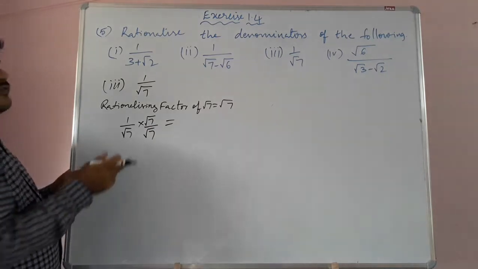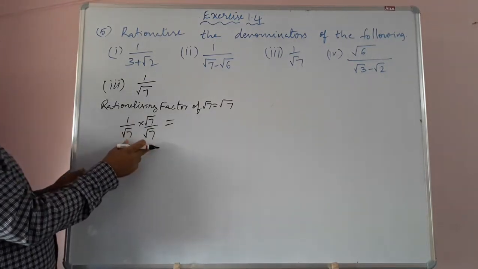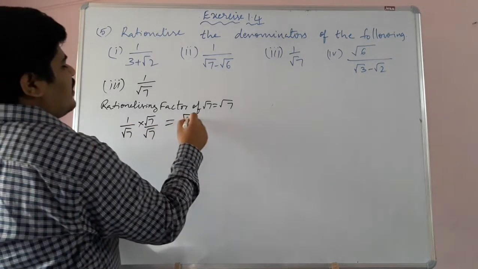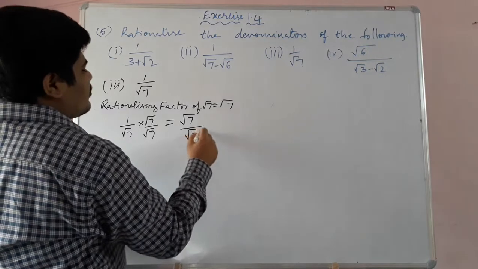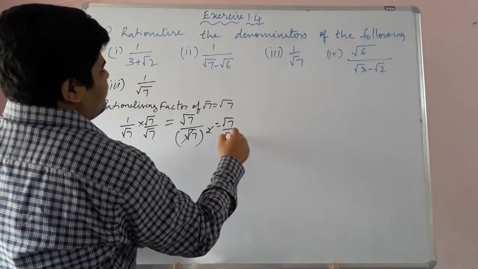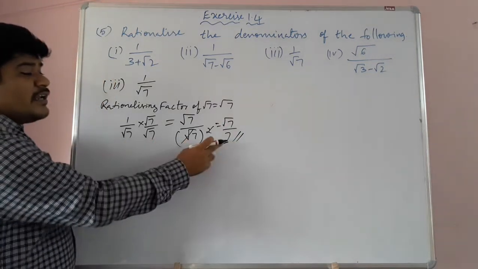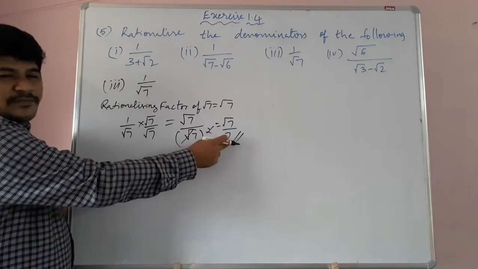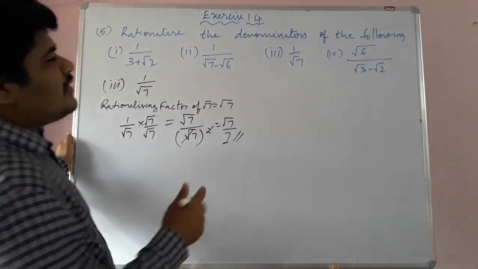So students, what will we do here? Numerator into numerator by denominator into denominator. So 1 into root 7 is what? Root 7. By root 7 into root 7? Root 7 square. So square root cancelled, root 7 by 7 we got. And if you observe the denominator, what is the denominator? 7. So is it rationalized or not? Rationalized. 7 is a rational number. Now students, we will see the fourth problem,